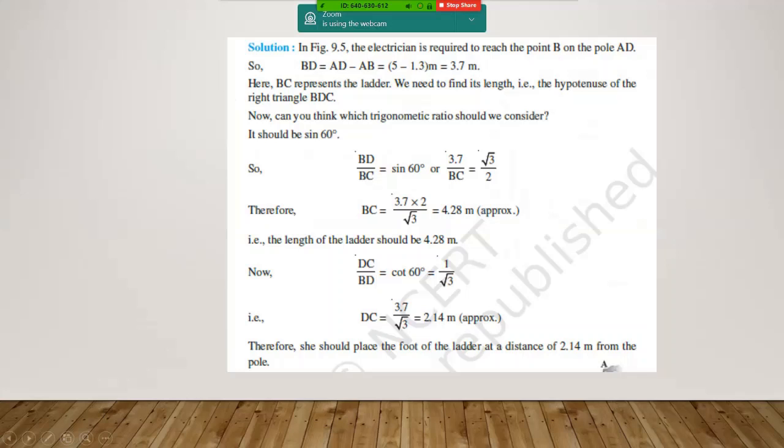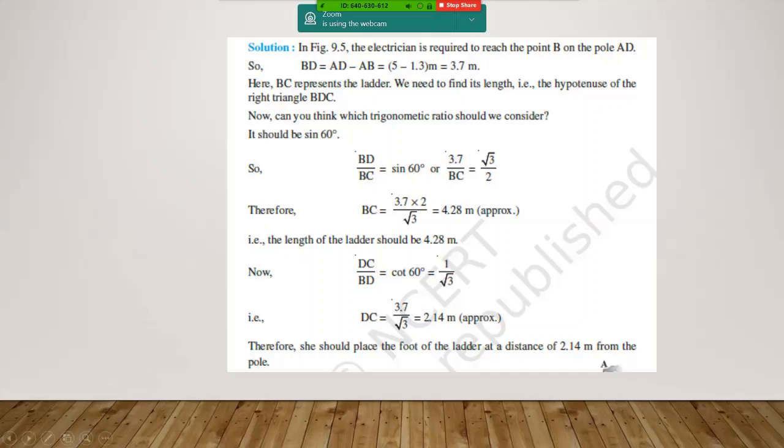We are moving ahead to sine. This is 3.7 and moving ahead. Now can you see that afterwards they are calculating DC as 3.7 upon root 3. Did you see that? Now they have input the value of root 3 as given and found the answer here. But should you do it like this or should you rationalize this? What should you do? Which one is easier for you? Rationalizing always. So actually it would be 3.7 multiplied by root 3 divided by 3.